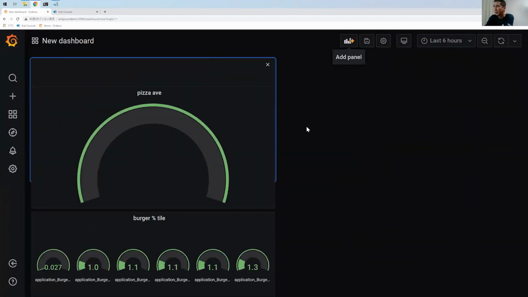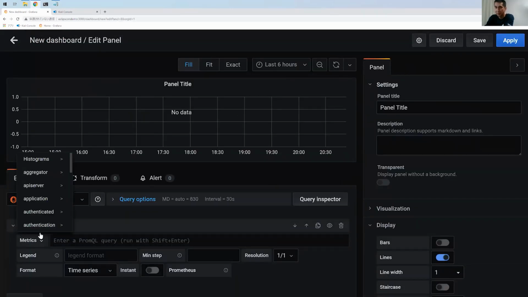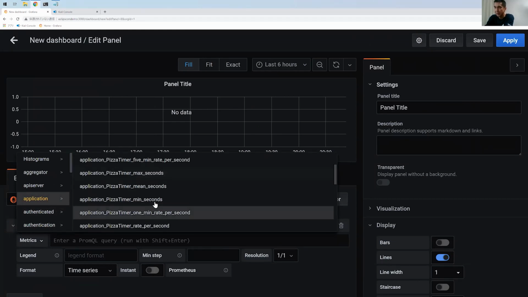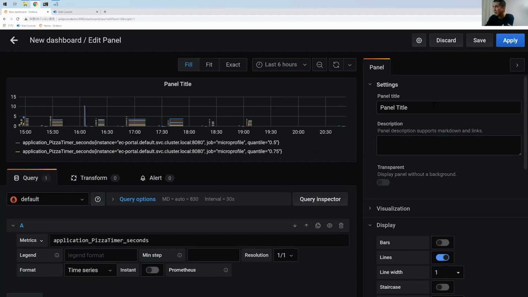And one more metric, application pizza second. This is the percentile information.